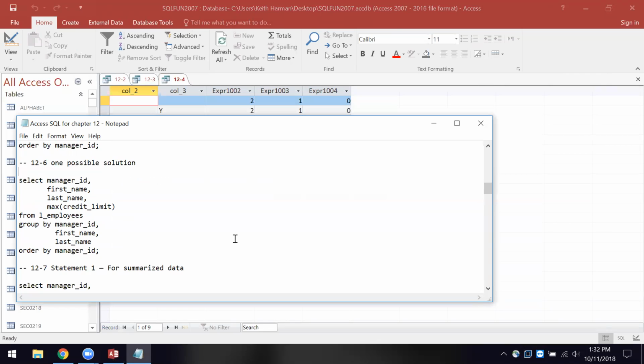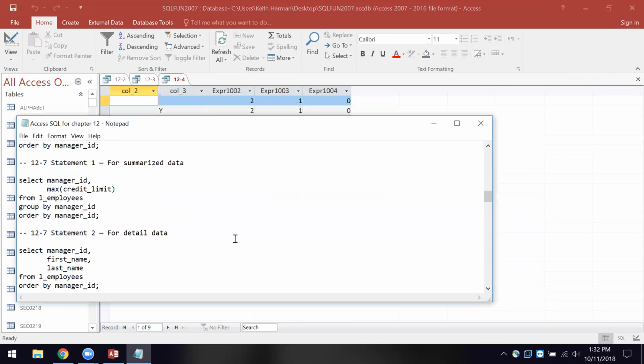Okay? Then for summarized data, they give you the same piece of help there in terms of the select and the max, and then we group by, and then we order by. So they're trying to tell you there has to be some order in the way you do this. And the truth is, look, if you get a big data set, you're going to hear me say this every time, and you need to do some subgrouping or grouping,